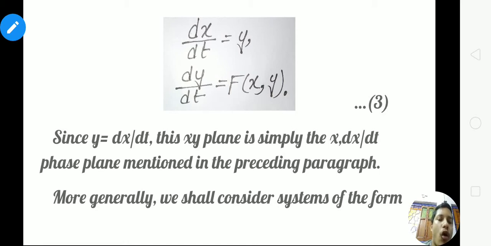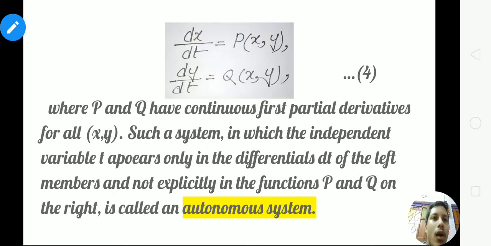Since y is equal to dx by dt, this xy plane is simply the x, dx by dt phase plane mentioned in the preceding paragraph. The above equation is indicated by 3. More generally, we shall consider systems of the form dx by dt is equal to P of x, y, dy by dt is equal to Q of x, y, indicated by 4, where P and Q